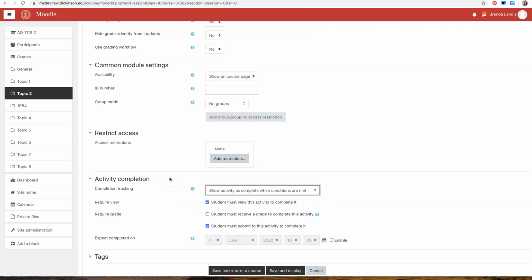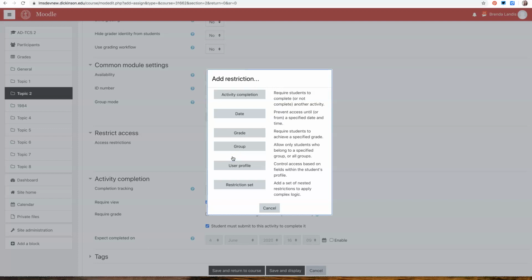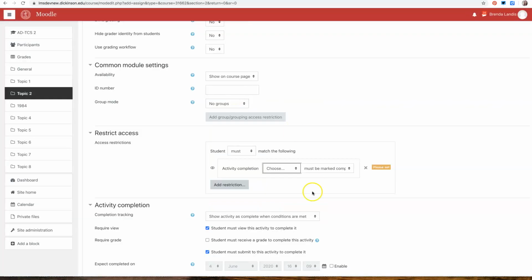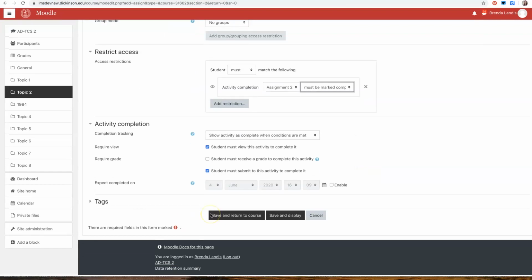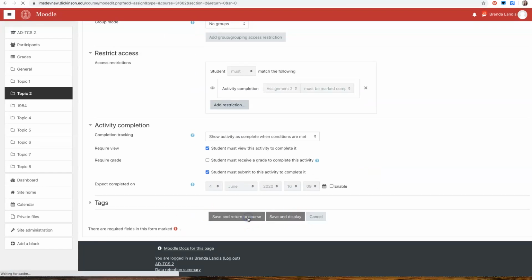You can also add an additional layer to this. There is an option here that says restrict access, and I can say activity completion. What this allows me to do is say a student must match the following: activity completion, they must complete assignment 2, and that assignment must be marked as complete, and then this one would show up. So if I hit save and return to course,